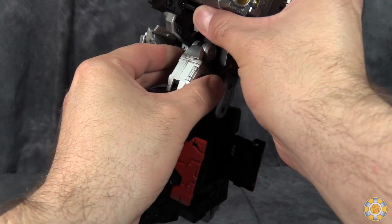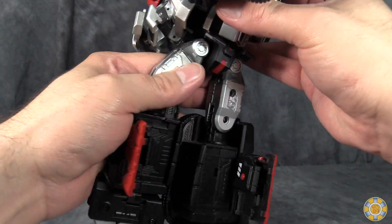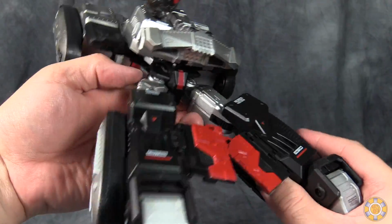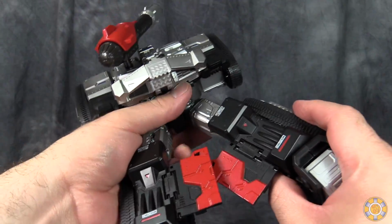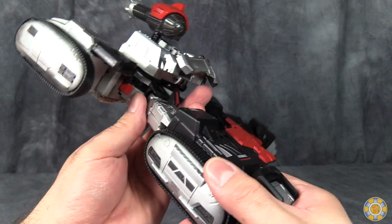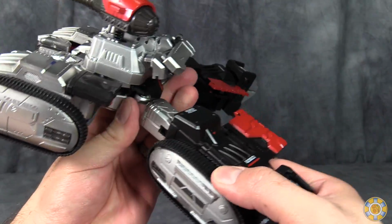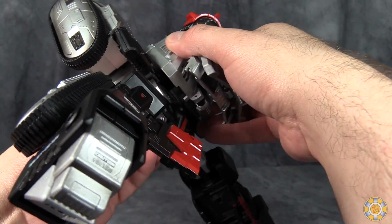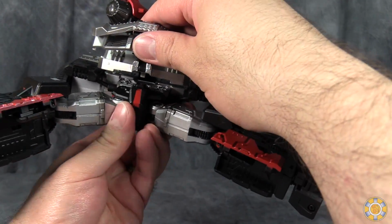Next, take the entire torso section and spin it 180 degrees while pushing those side skirts, or front skirts, down. The screws facing down. So then we can bring everything up like that. But don't do that quite yet, because we have to bring the backpack down, peg it into place in the front of the crotch,